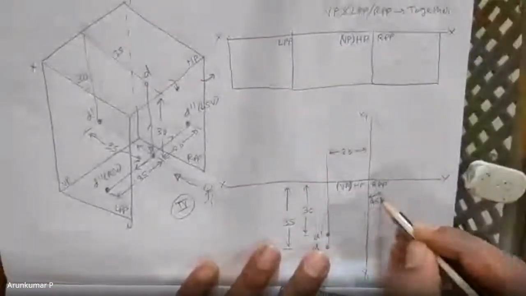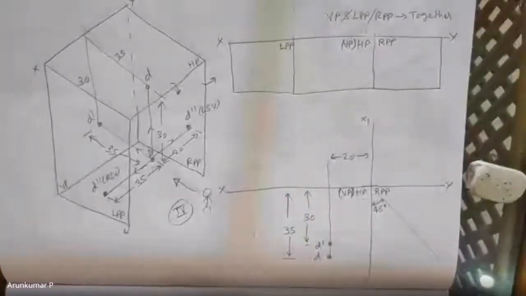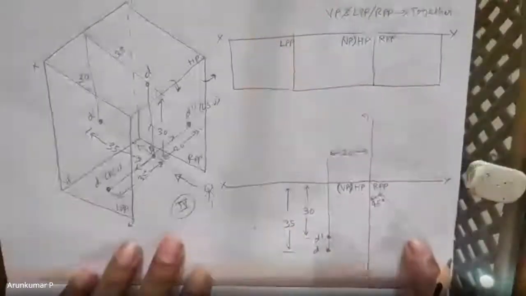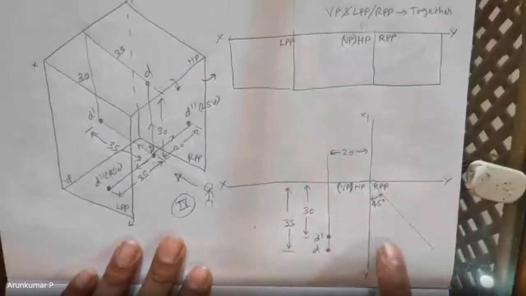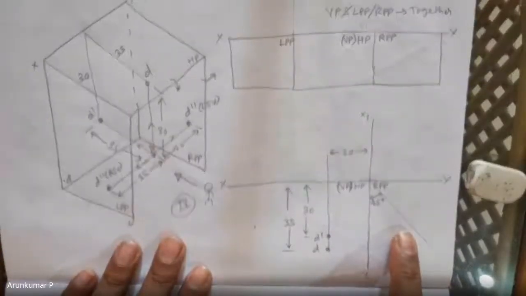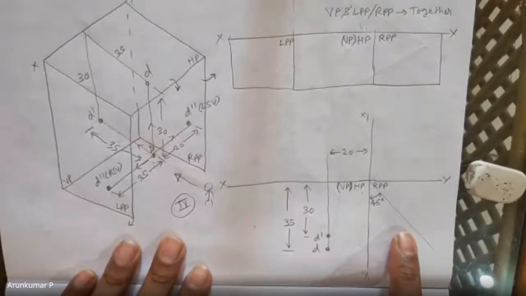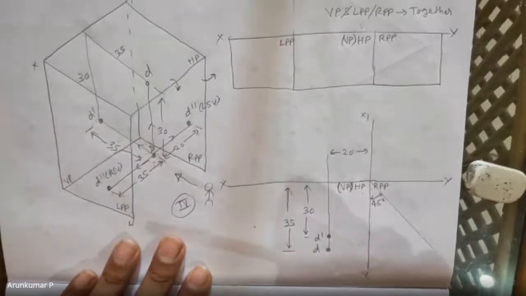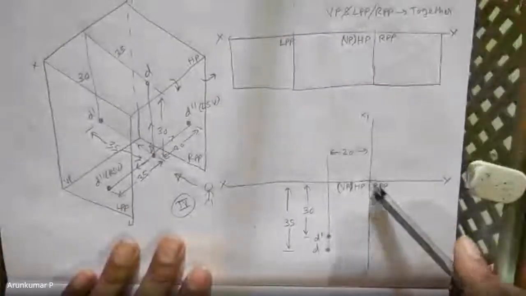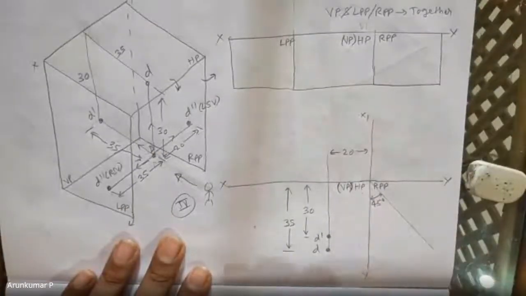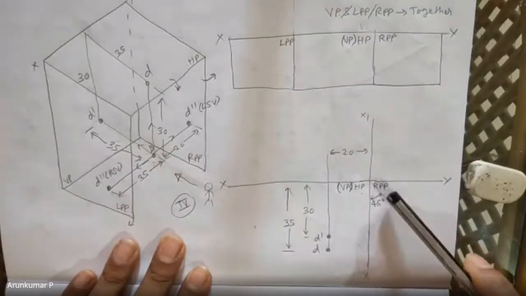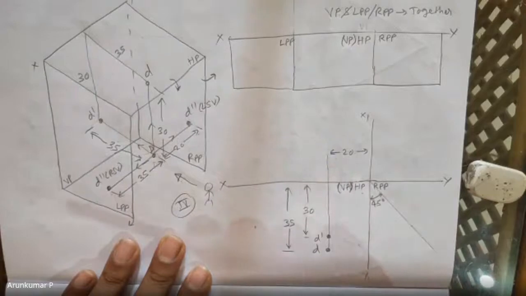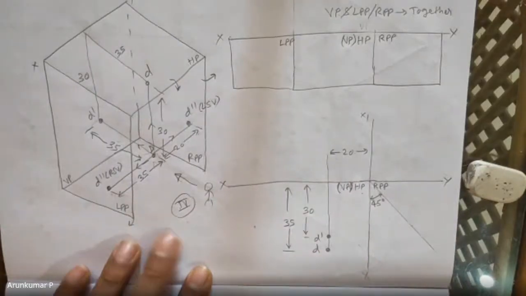After all, it is a construction line. It is not a physical line that actually exists. This median line that you are seeing is a construction line, whereas RPP is something which is actually there physically. So no problem. You can draw the median line beside the horizontal plane, HP. Okay. So in this case, you can see RPP and median line are coming together.